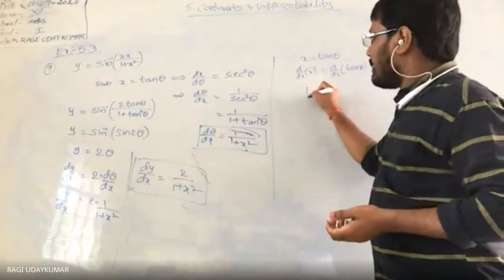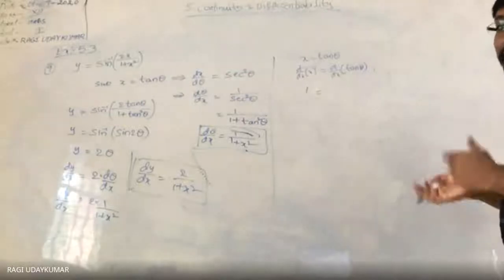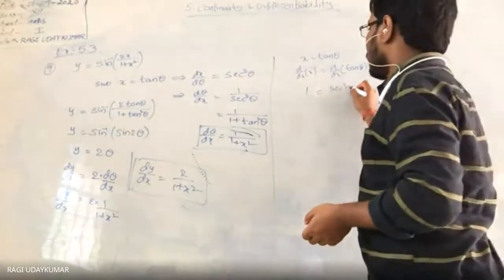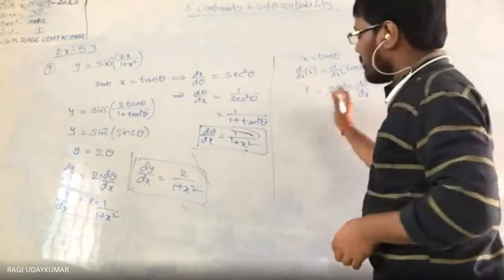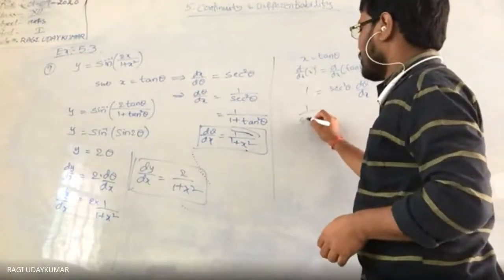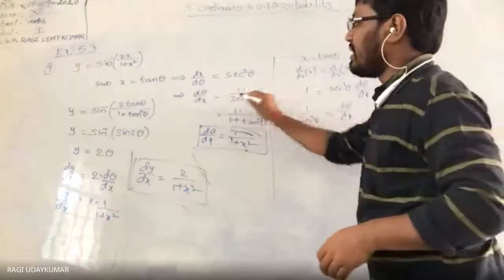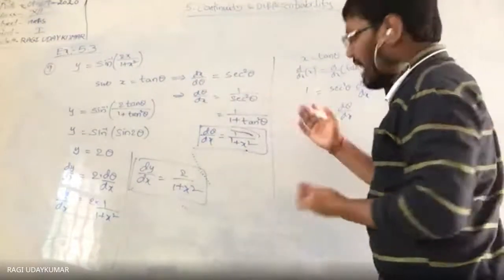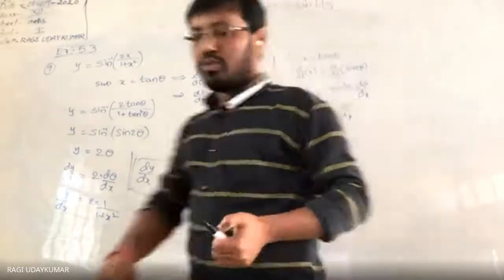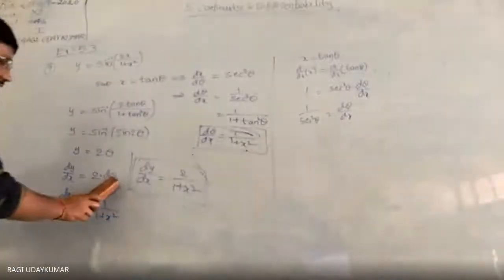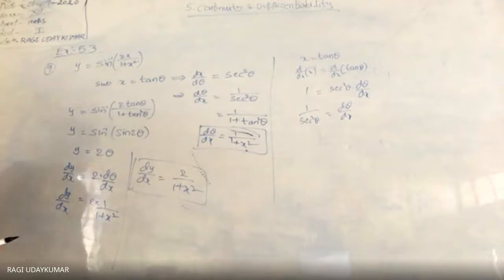So this will be equal to 1. d by dx of tan theta is nothing but the differentiation of tan theta, secant square theta, and again you need to do d theta by dx. So take secant square theta to this side: 1 by secant square theta is equal to d theta by dx. Same as differentiating with respect to x. But whenever you get d theta by dx, it should be replaced in terms of x only.